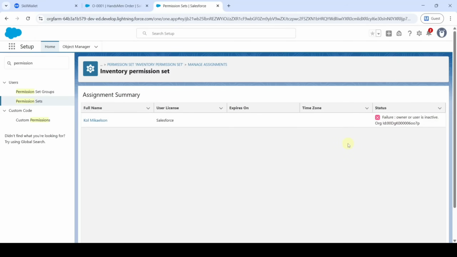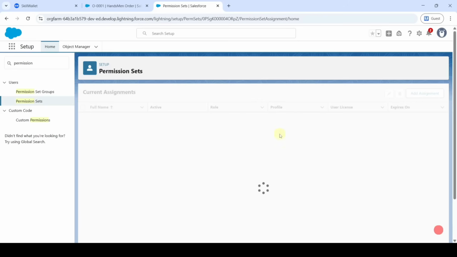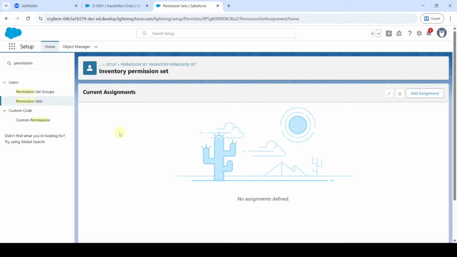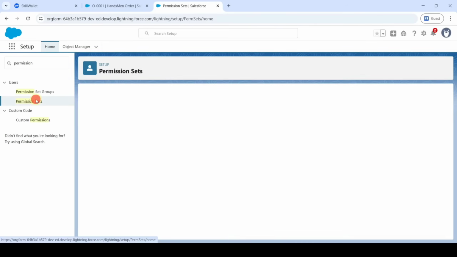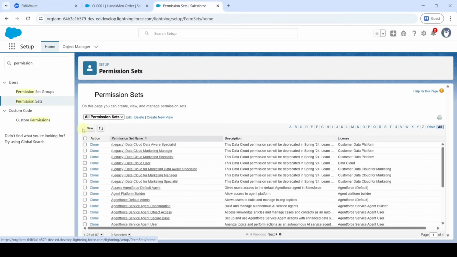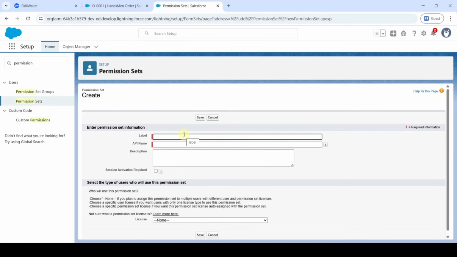That's not a problem, because we just deactivated the user to select the user license Salesforce for marketing. That's the reason we are getting this status. Just leave it. Just click on done and then continue with the next creation of permission set. So click on this permission sets. Now click on new. Now type the label as marketing permission set